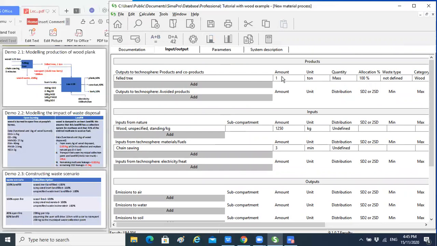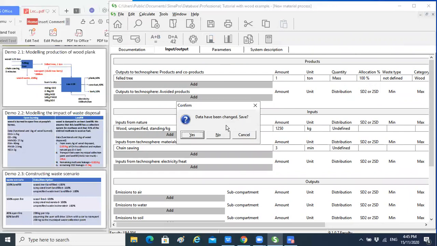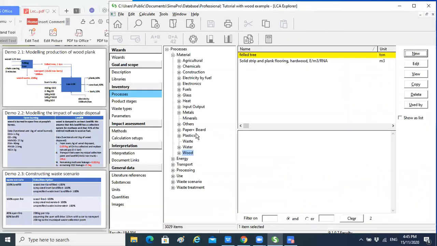If you do not save and then you just cross, it will ask you whether you want to save it or not. Of course, you will say yes. So once you save it, the felled tree is already here. All right, I would like to bring you back to the chainsawing just now, because I said chainsawing already includes